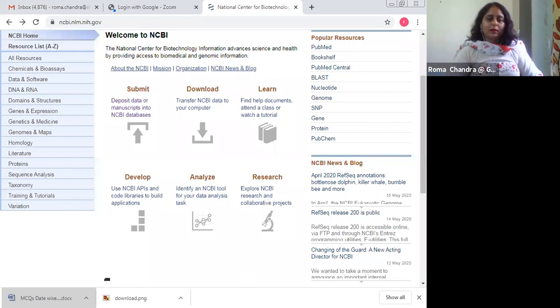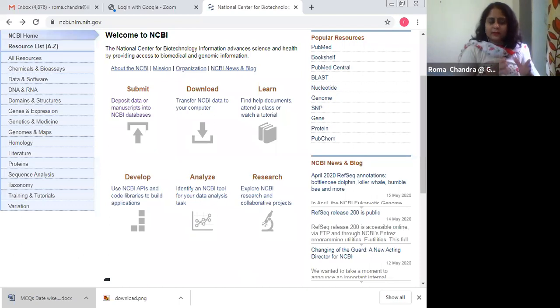Okay, then using the NCBI APIs, we can code for libraries, and we can build certain applications also. So this will be more into bioinformatics based on algorithms and various software tools.